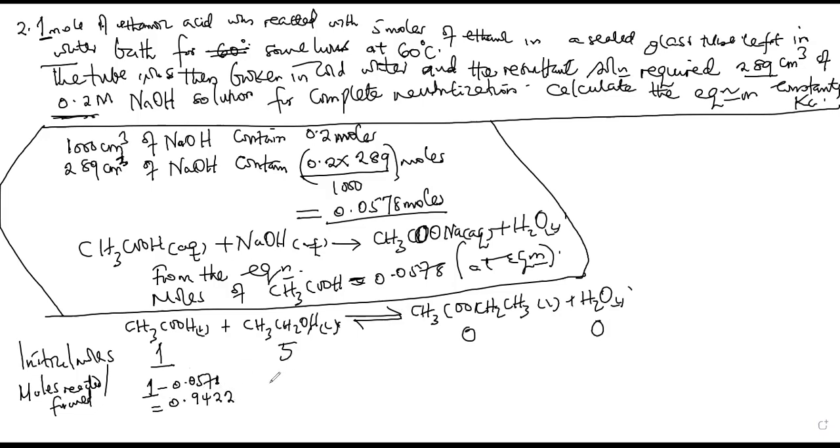And since the reaction ratio is 1 to 1 to 1, it will be 0.9422, 0.9422, 0.9422. Then the moles at equilibrium would be, of course, this one. We said that the moles of ethanoic acid we formed here are the moles at equilibrium, so it will be